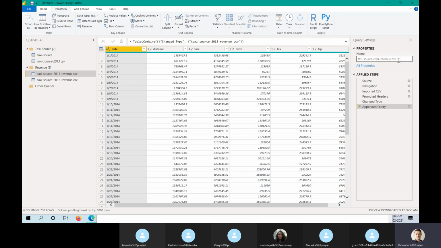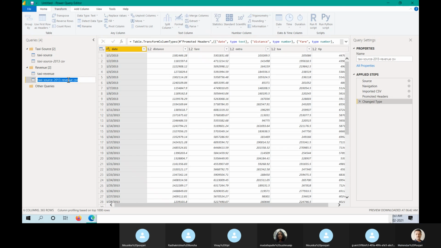Okay, now what I have to do, I have to rename this. This is revenue. Something like this, and you can disable enable load.